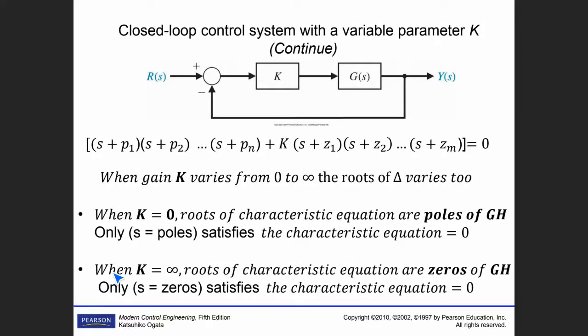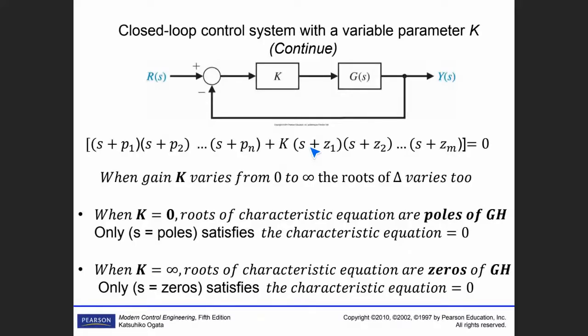On the other hand, for K equal to infinity, which means the zeros are satisfying, K equal to infinity times, or very near to infinity times 0, should be 0. Otherwise, it can't be 0. Okay. This means that the curve actually